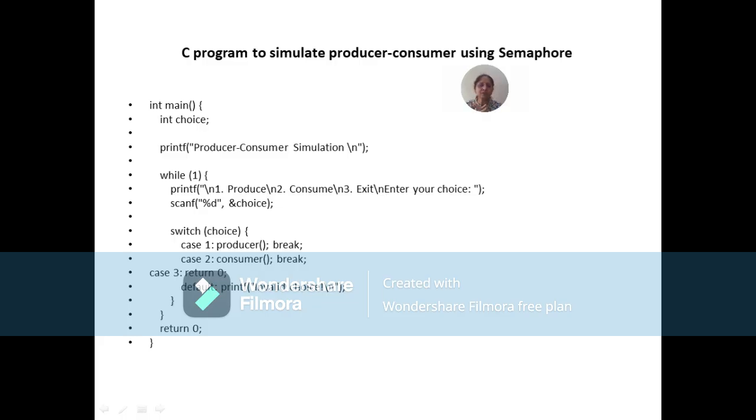Since all those variables were declared before the main function, that is known as global variable declaration. Global variables are available to all the functions which are defined after their declaration. So it simply means that in, out, empty, full, buffer, all these variables will be available to producer, consumer, wait, signal and our main function.